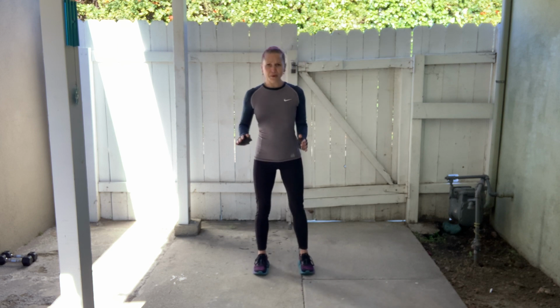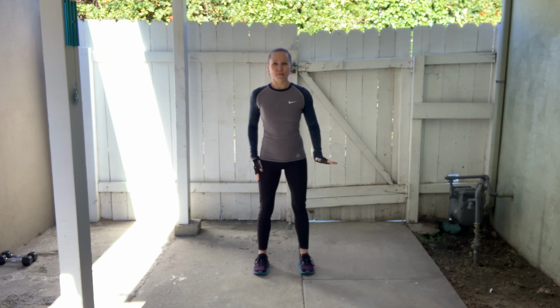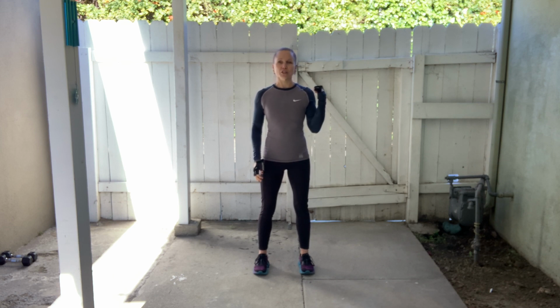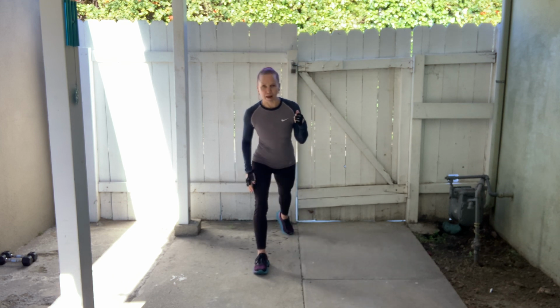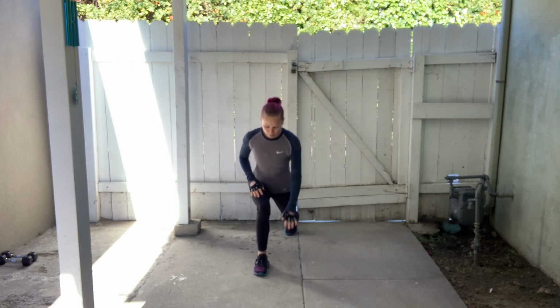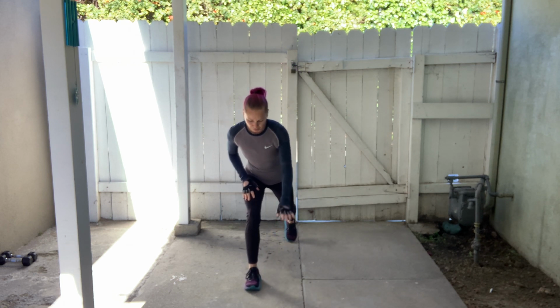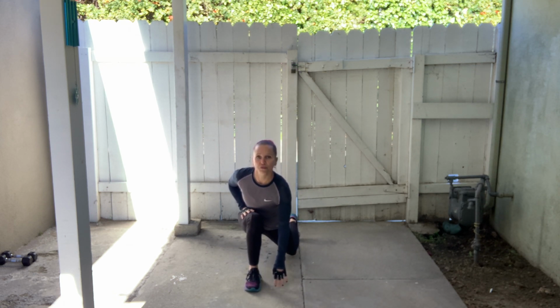So I'm going to start standing in a neutral position. This will be my standing leg. With the other foot, I'm going to lunge behind me, so stepping the foot back, bending both knees, sinking down into the lunge as low as you can. I'm also going to reach down with my hand and touch the ground next to this front foot, towards the